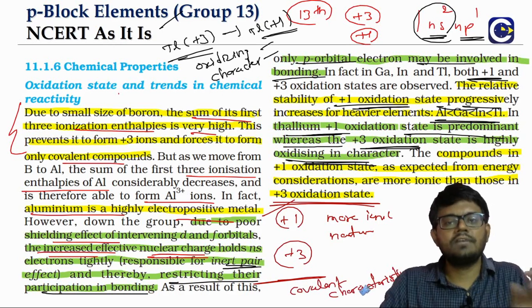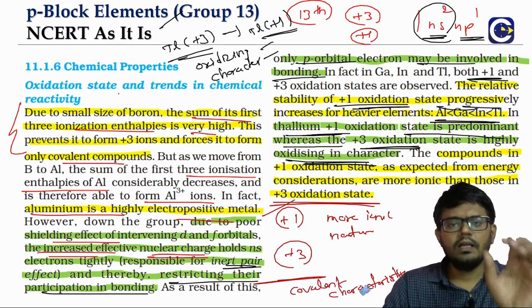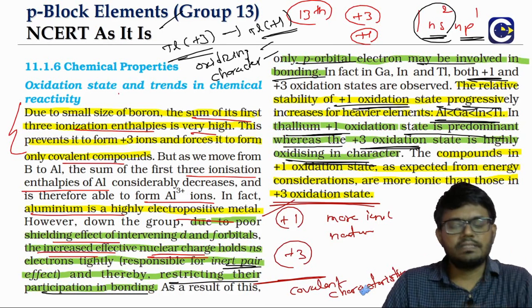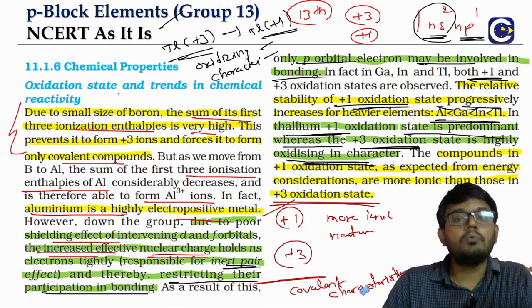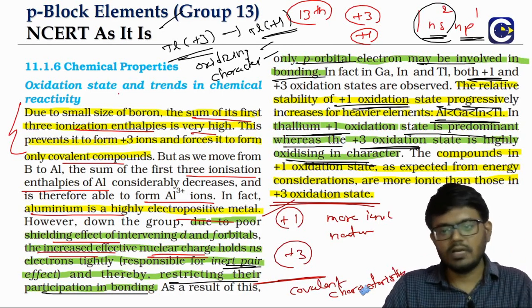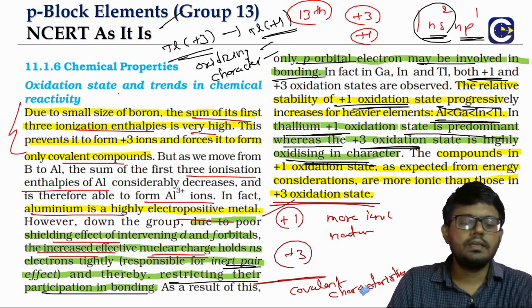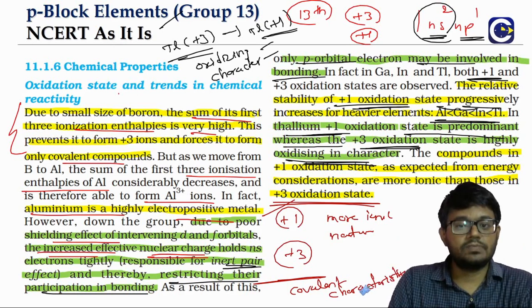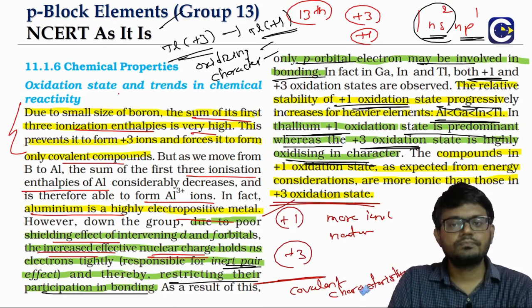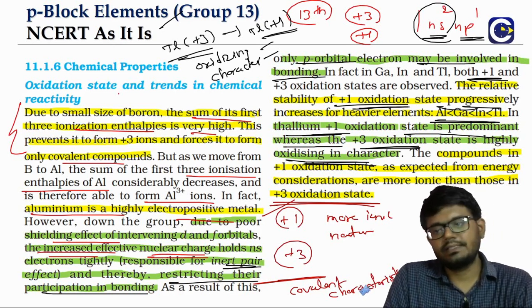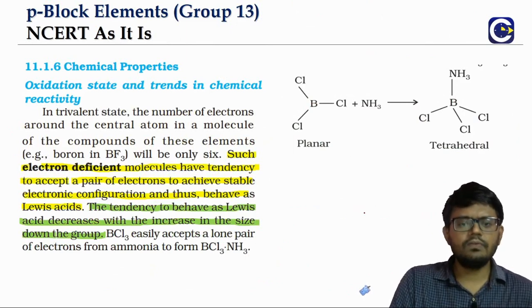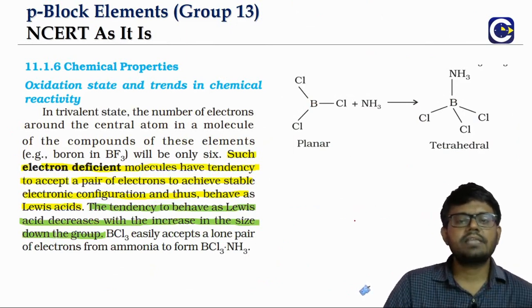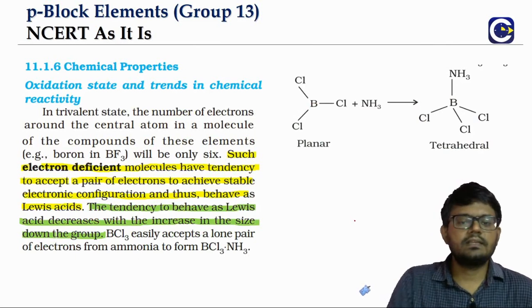So if you have, say for example, indium +1 and +3, indium +1 compounds will be more ionic than indium +3 compounds. Okay, so this is how we look at the comparison of ionic and covalent nature between +1 and +3, because thermodynamically or even based on Fajans' rules also, the lesser oxidation state will give us what? More ionic characteristics.